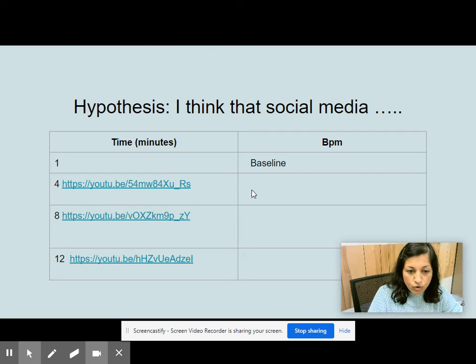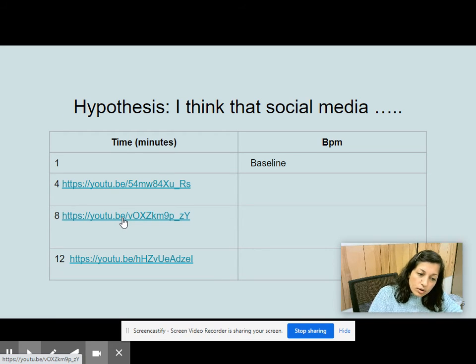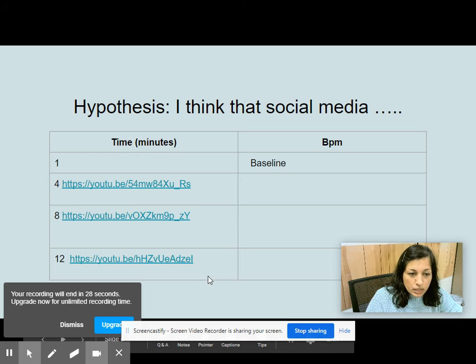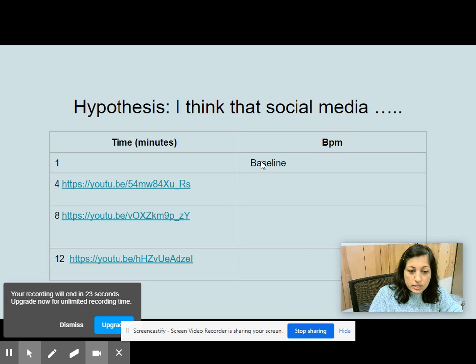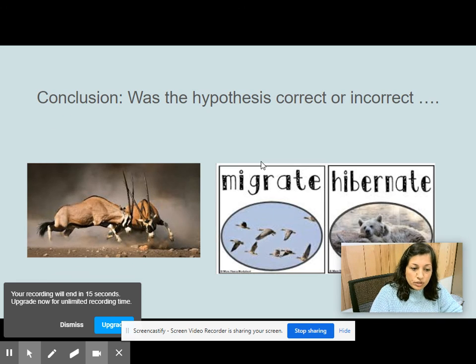So you can monitor your pulse for 60 seconds, or you can just monitor your pulse for 20 seconds and multiply it by 3, and that will be your beats per minute. Then you'll watch the next video and then see how this video affected your pulse. So you will write the next one at 8 minutes. And then finally, you'll watch the third video, and then you will write your heart pulse per minute after watching this video. Then you're going to write a conclusion. In the conclusion, the rates are going to determine it when you compare with the baseline. Did it actually impact your pulse rate when you were watching these videos that are part of the social media, or did it not? So that is your inference.